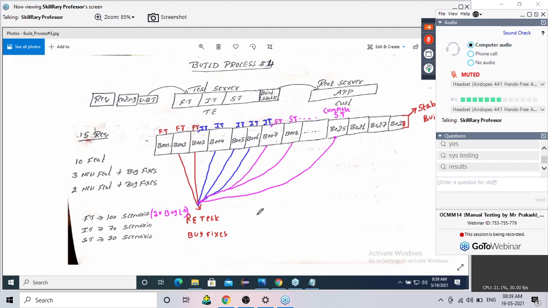One simple line answer I want. When will the developer fix these 20 bugs? Correct. It may be in any of the future builds according to the priority, because yesterday we have seen all the bugs cannot be fixed at a time. It may be build 4, build 5, build 6, build 7. Time is there, no problem.